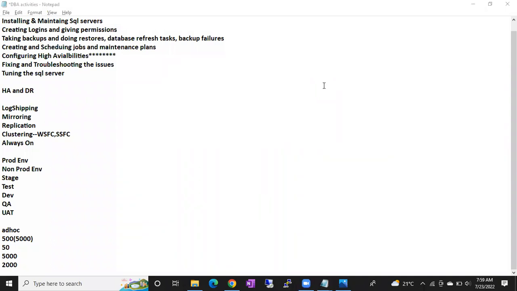Okay, guys, we are all using high availability in our daily life. Can anyone tell me an example of high availability? In our daily life, we are using that high availability. We are applying that high availability. Can you tell me an example of high availability that we are applying?